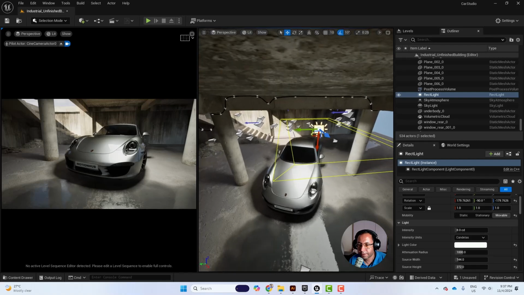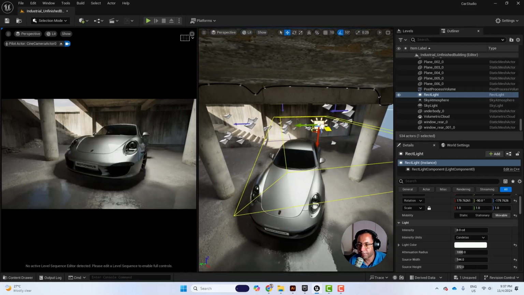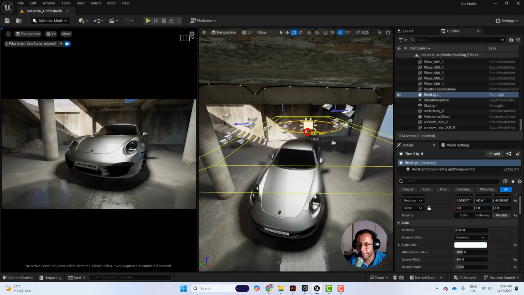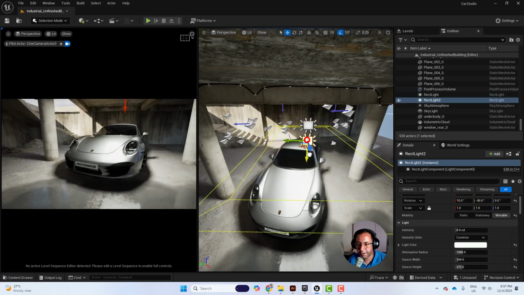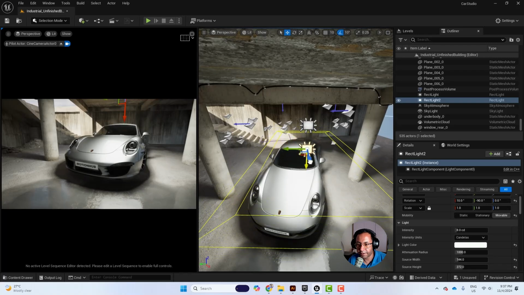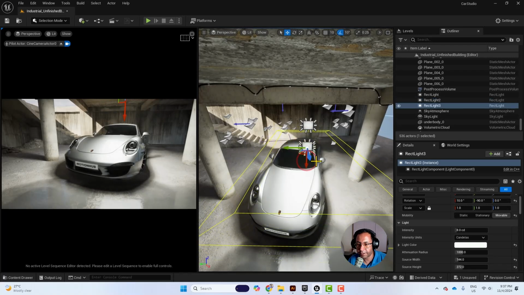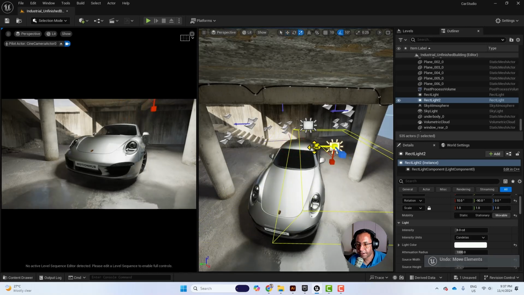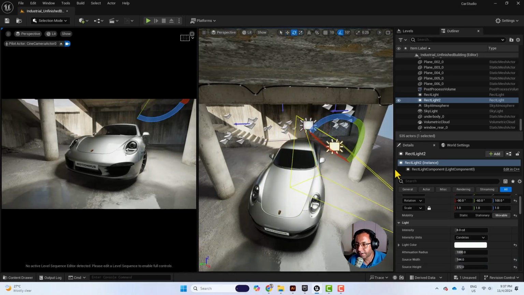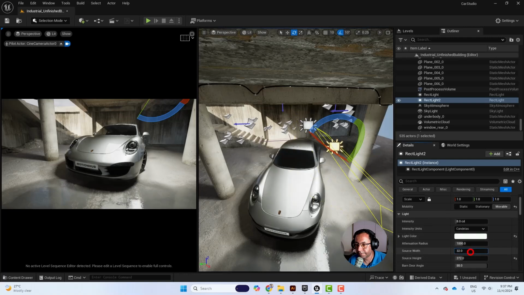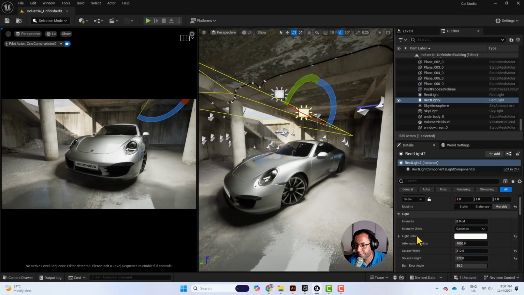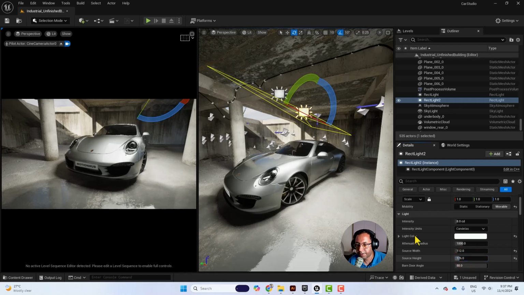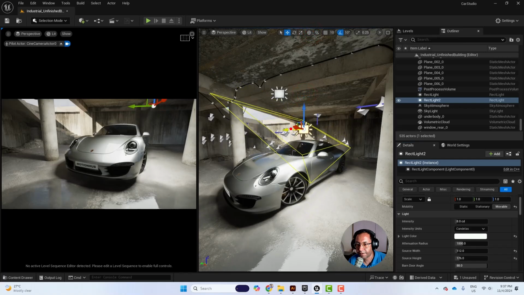And we can duplicate this light. I will move it here, maybe rotate it a bit, and with the Alt key pressed, drag, using this arrow you can drag it and get another copy. I will rotate this one and maybe change the source width and the height, and you can do it the way you want. I will change to world mode, and